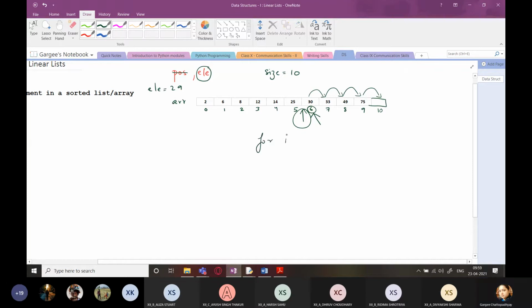For I in range, think and tell me what should be my start and what should be my stop, because I'm going to start from this position, back to front. From right to left, I'll be moving. You can use negative indices also, but because I'm moving with the traditional algorithm, I'm not using negative indices here.